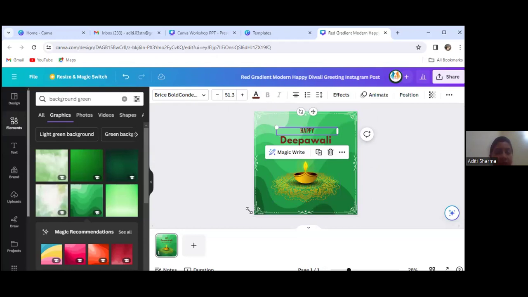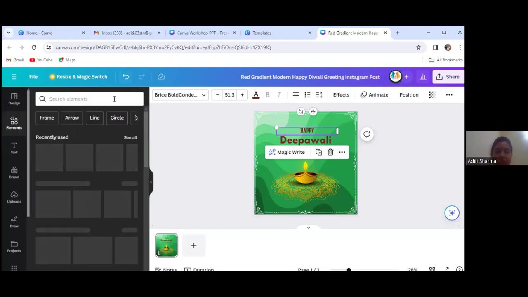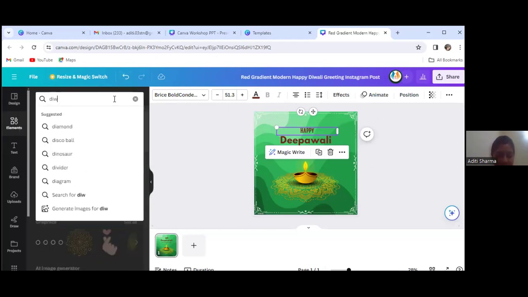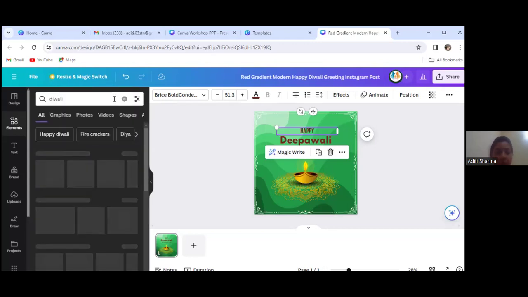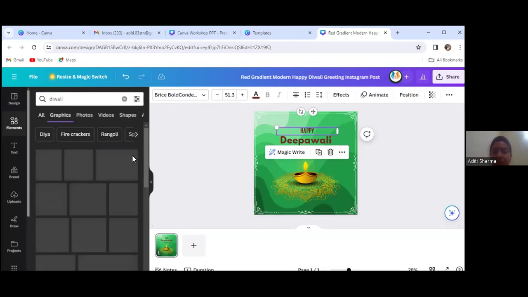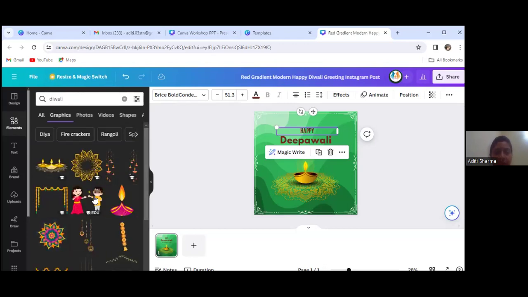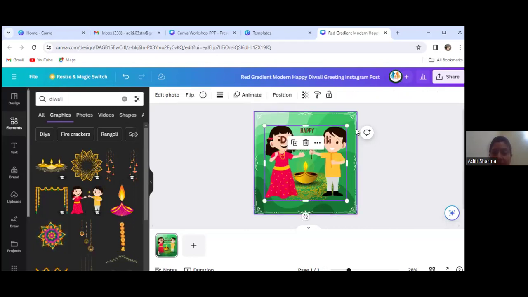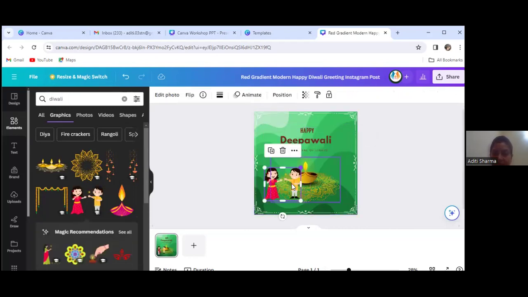Now, if we want to add something related to Diwali, अगर मुझे दिवाली से कुछ related और add करना है, elements में जाइए, just write here Diwali. In elements, you will get some of the graphics related to Diwali. Now kids are playing crackers like this. आप जो भी एलिमेंट से ग्राफिक सेलेक्ट करेंगे वो आपकी पिक्चर पे आ जाएगा। उसके बाद आप उसको शिफ्ट करके उसका अलाइनमेंट चेंज कर सकते हैं।